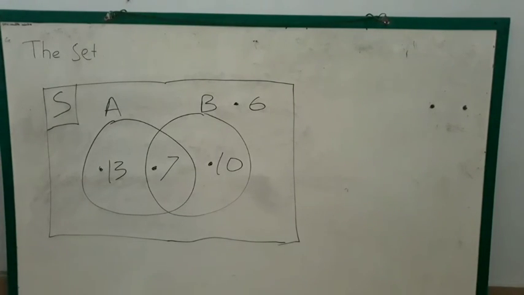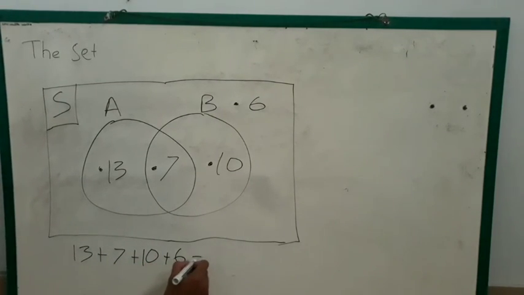If we add up all the aspects, it will be 36, like this: 13 plus 7 plus 10 plus 6. The total